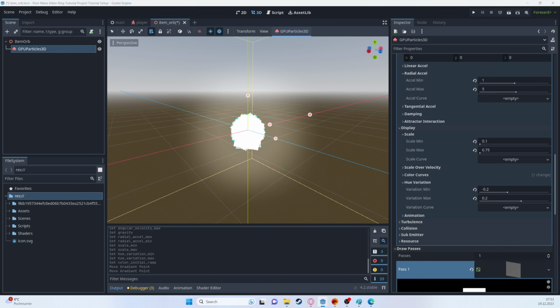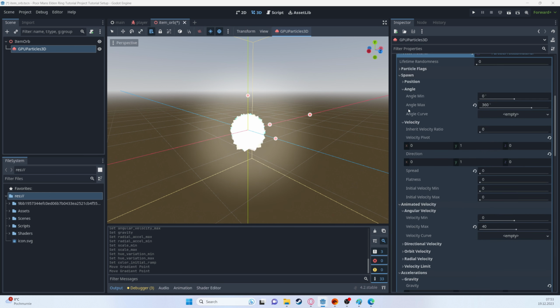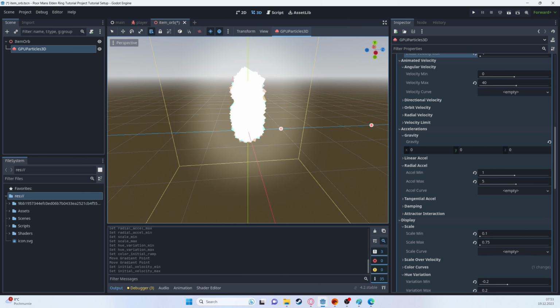It still does not look good. Let's see, what else do we need to add? We need to add the initial velocity. So in spawn, let's collapse this. Velocity, there's initial velocity, and we'll go from 1 to 4. Okay, and it is looking kind of nice, but then we also need to change